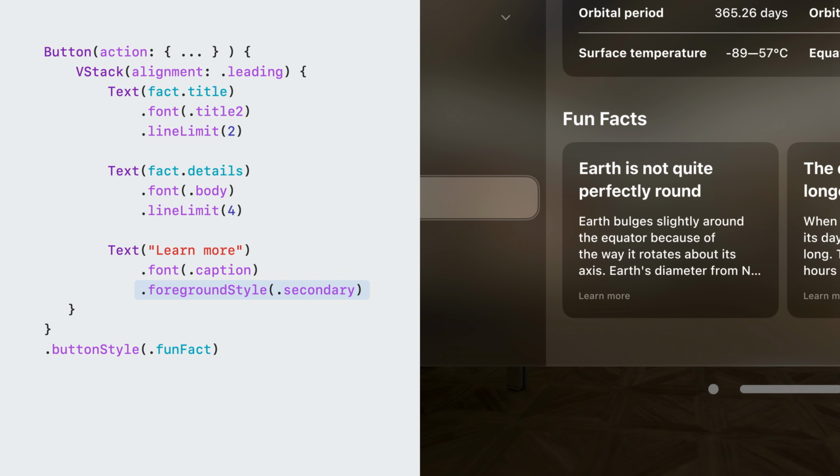Notice that the secondary style automatically adapts within our background material to use a beautiful new vibrant treatment, giving greater visual weight to my content while still keeping that secondary text legible. These hierarchical shape styles are great for expressing relative visual weight, letting SwiftUI take care of automatically adapting the specific materials to use based on context. Use them and the other rich shape style and material APIs in your apps to create gorgeous interfaces that look great in any context and on any platform.